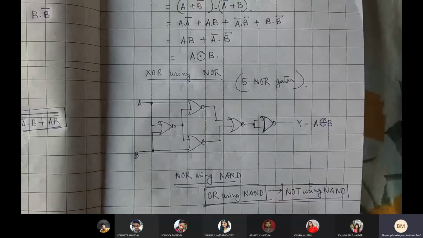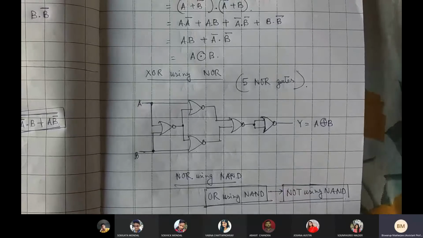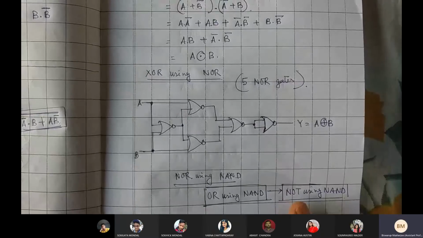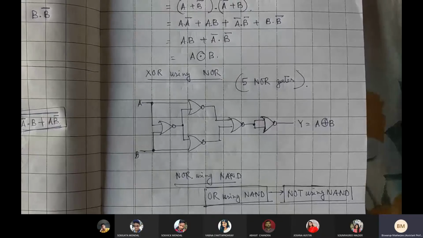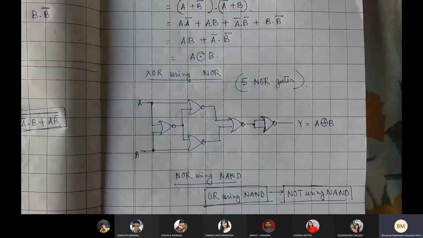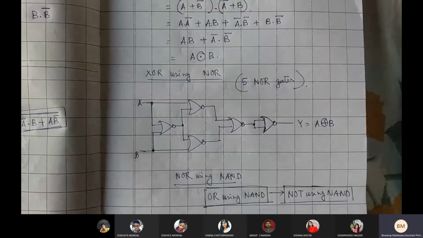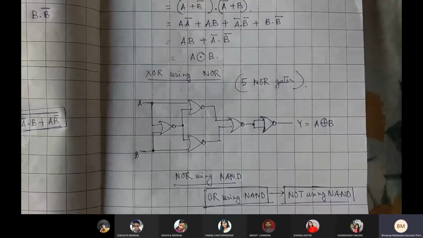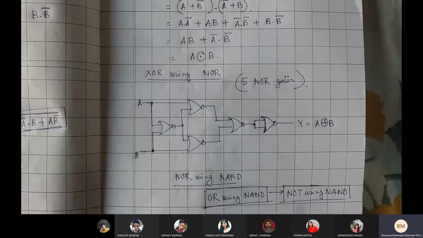So in this sense, we can say that any gate can be implemented using either a NAND gate or a NOR gate. That is why these are called universal gates. Now, so far what we have studied, why do we need to know this? The most interesting thing is why we should know that these are the universal gates, and these gates are useful to implement any other types of gates.